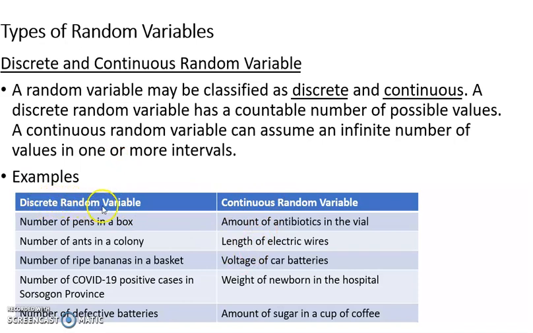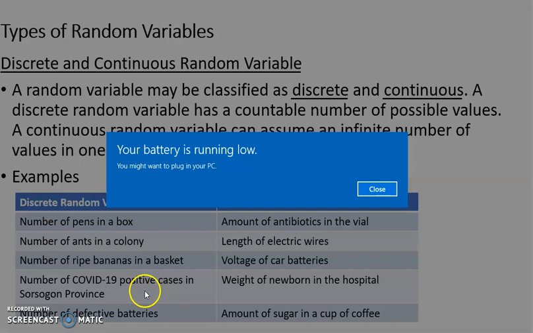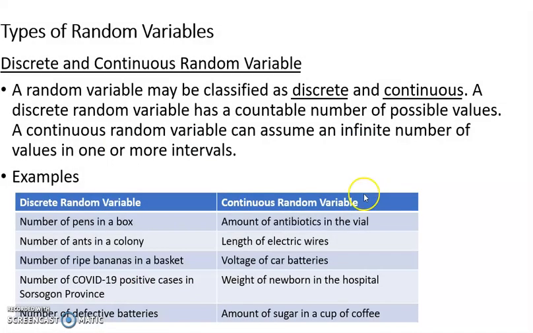For discrete random variable, we have number of pens in a box, number of ants in a colony, number of ripe bananas in a basket, number of COVID-19 positive cases in Sorsogon province, number of defective batteries. While for continuous random variable, examples are amount of antibiotics in the vial, length